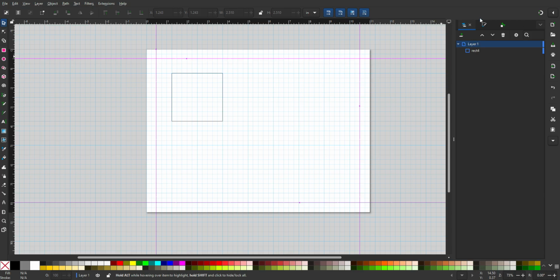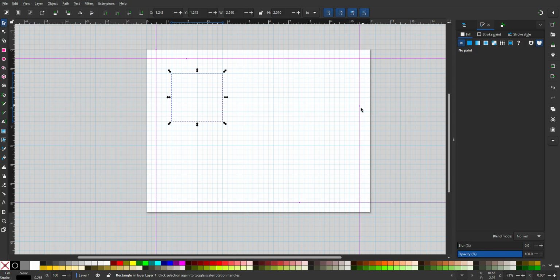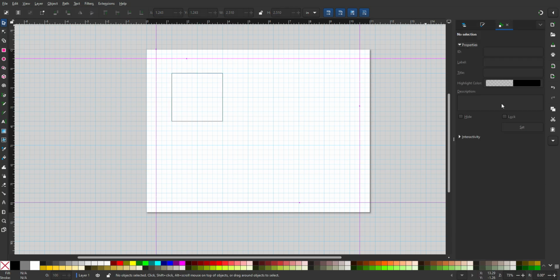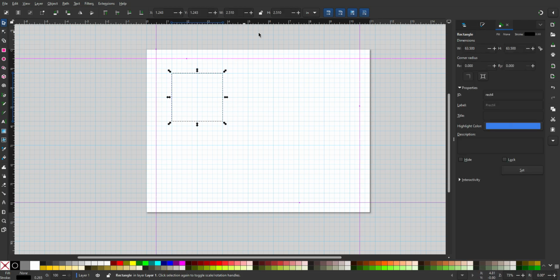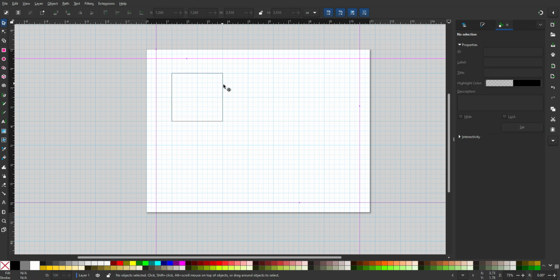When I open up fill and stroke, you can open it up, but you can see it's grayed out because there's no object selected. So you have to select the object and then you can change the object's fill and stroke. And then same for properties. I don't have any information about the property of something until I select the object. And then that will tell me. So when I select this guy,